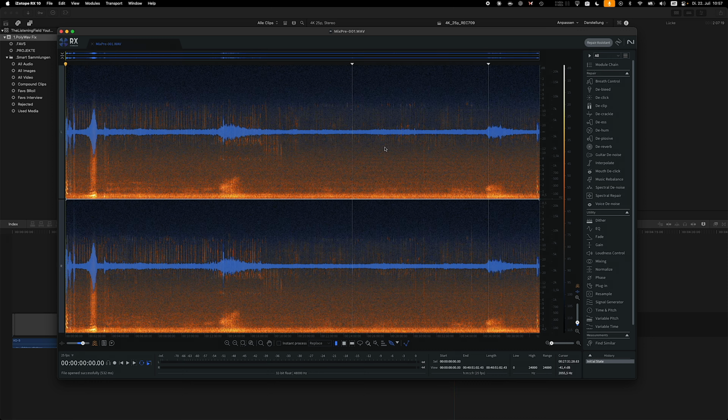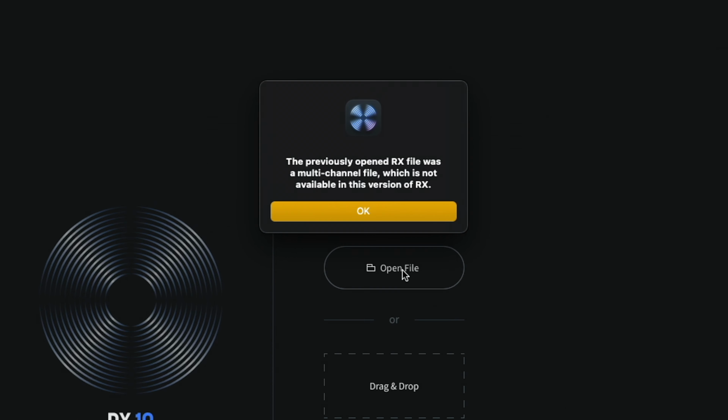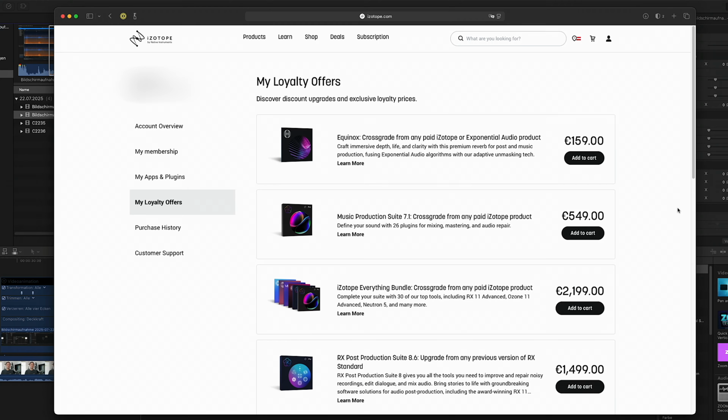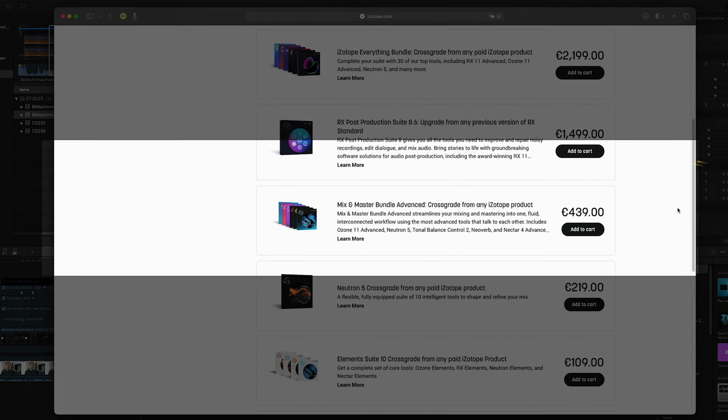And the Sound Devices Mixpre does not have any option to give us separate files for each microphone track. And also, like in my case, if you want to edit the files in iZotope RX, then you can't open it in the standard version. The standard version would only accept a stereo file, and the advanced version costs probably as much as a second-hand